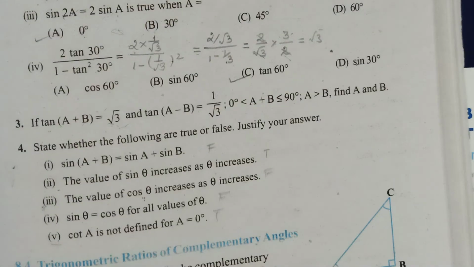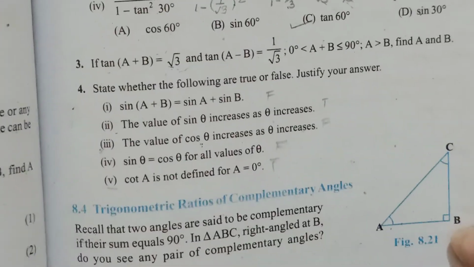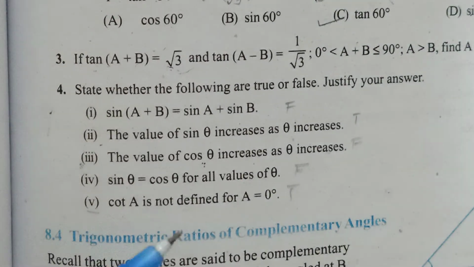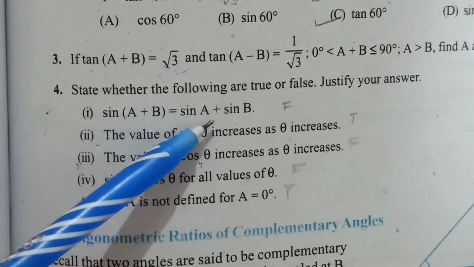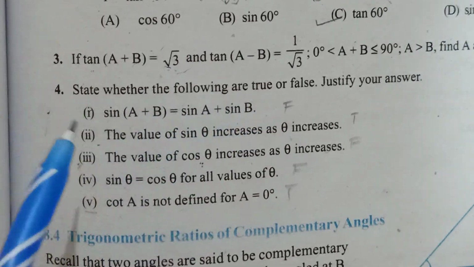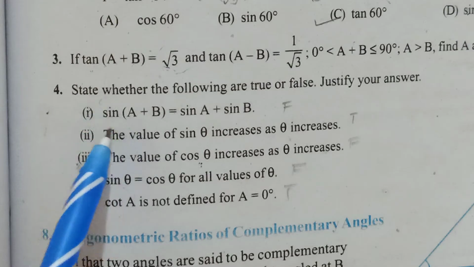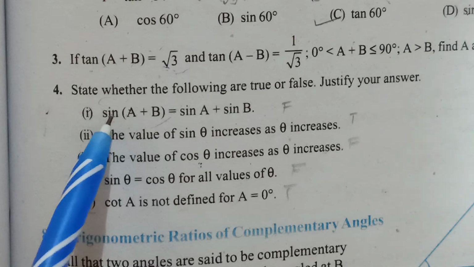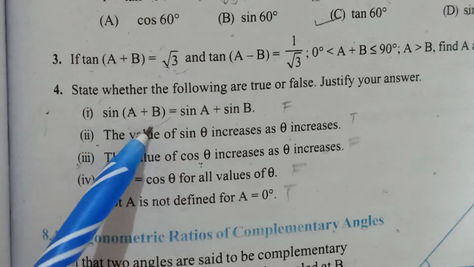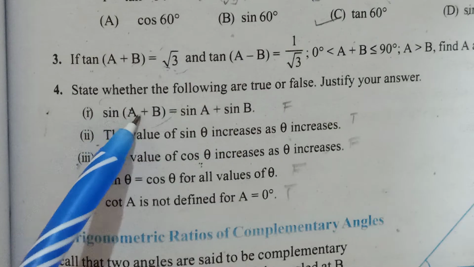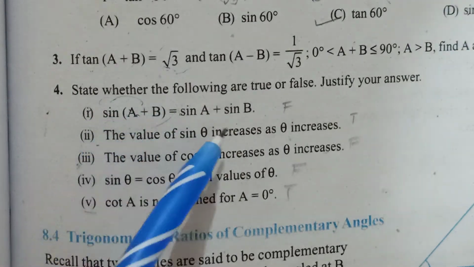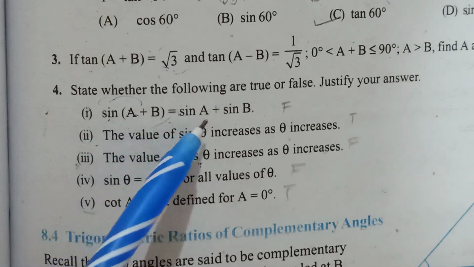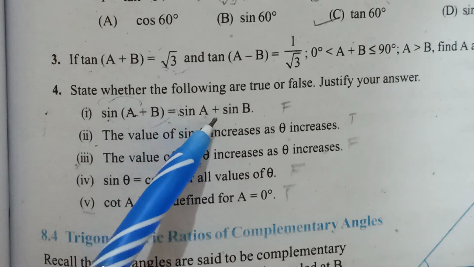Okay. Now the last question is just true and false. We can discuss it here itself. So state whether they are true or false and why. Sine of a plus b is equal to sine a sine b is absolutely false, because we've seen that this means finding sine of this whole angle. ये multiplication नहीं होता है ये. Okay, उस दिन हमने last exercise में करा था कि cot a does not mean cot into a. तो अगर ये into होता तब तो ये अंदर distribute होता था. Otherwise it will not. Okay, so this is absolutely wrong. Never take sine of a plus b as sine multiplied inside like this, sine a plus sine b.